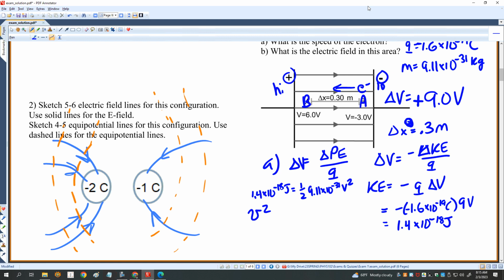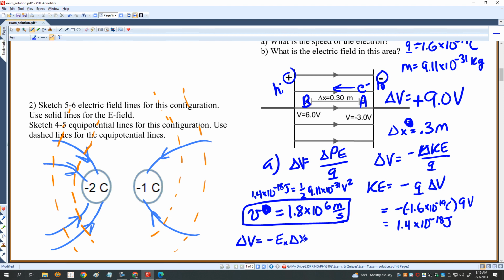So when I do this calculation, I get that V is equal to 1.8 times 10 to the 6th meters per second. So that is the speed of my electron. And then finally, if I want to know the electric field, I know that the electric field is related to the change in potential in this way, that it's equal to minus Ex delta X. So since I have this change in potential moving from A to B,